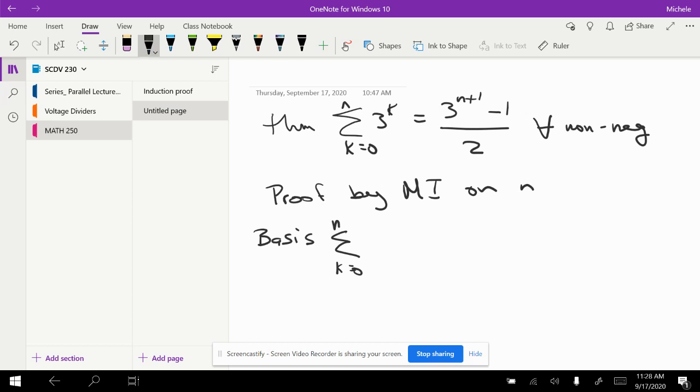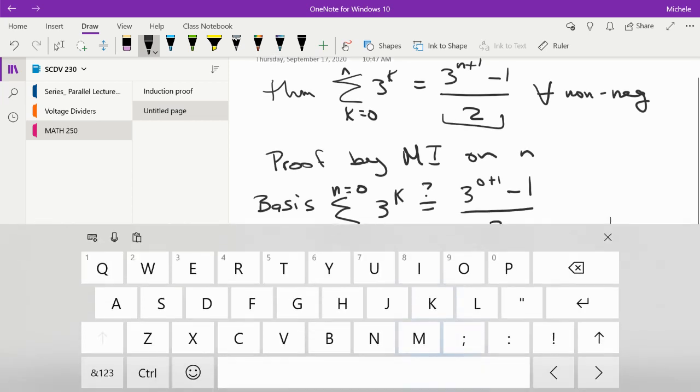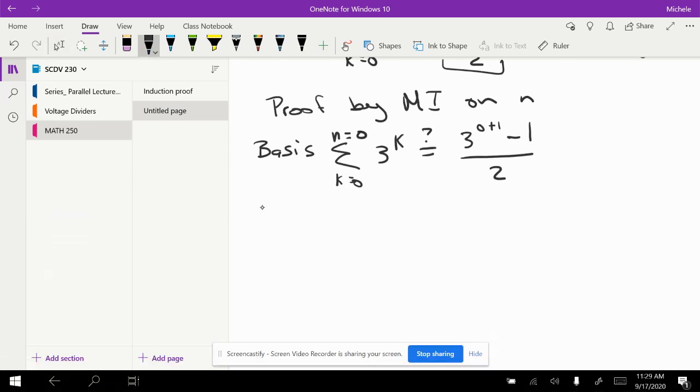That's the first term, of 3 to the k. Does that equal the closed form, this closed form, for when n equals 0? So this is going to be 3 to the 0 plus 1 minus 1 over 2. Is that true? Well, what is the first term then? The first term is just plugging in 3 to the 0. That's if I take this sum and I only have one term, the only term is going to be the k equals 0 to n equals 0, so it's just 3 to the 0. Does that equal 3 to the 0 plus 1, which is just 3 to the 1, minus 1,